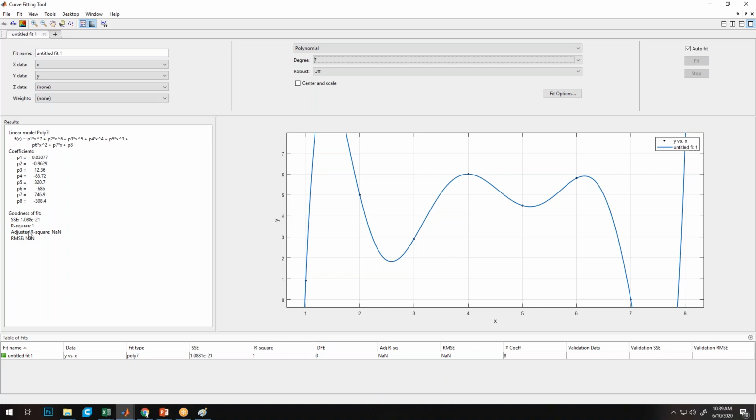But this type of fitting can lead to a new problem, which is called overfitting. In overfitting, you are not able to determine a general trend. Rather, it can give you a wrong result at the next point.